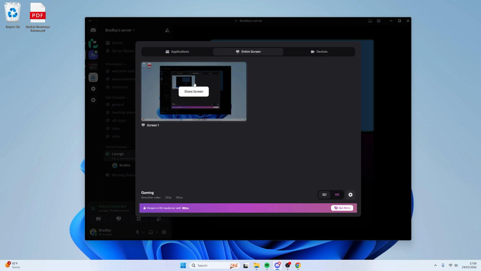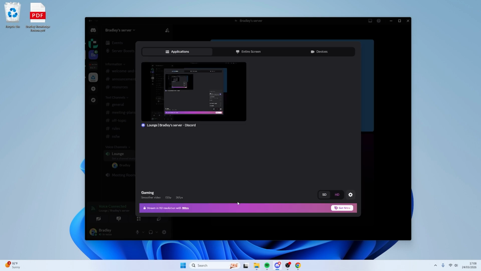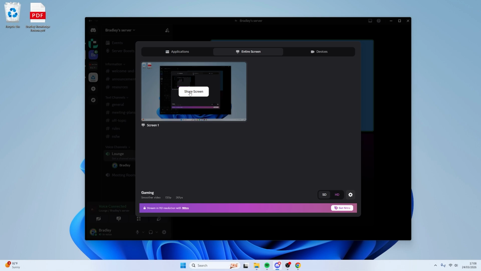I want to share my whole screen, but before we do that and click on it, you can see you can choose standard definition or HD. If you click on the settings to the right, you've got different stream modes. You've got gaming for smoother video and screen share for clearer text. So choose which one is relevant to you. You can also choose whether you want to mute or unmute the audio, and you can hide the stream preview if you want. I'm going to keep it on default, and we can then click on my entire screen and